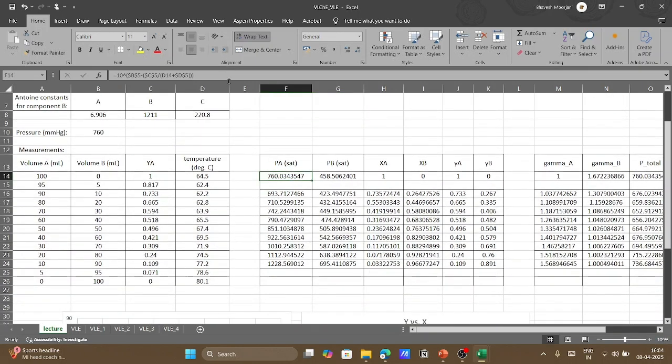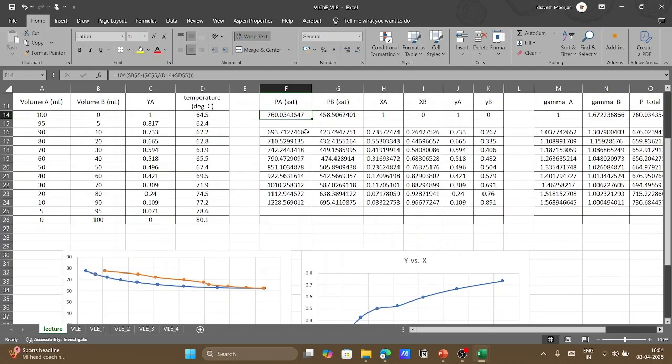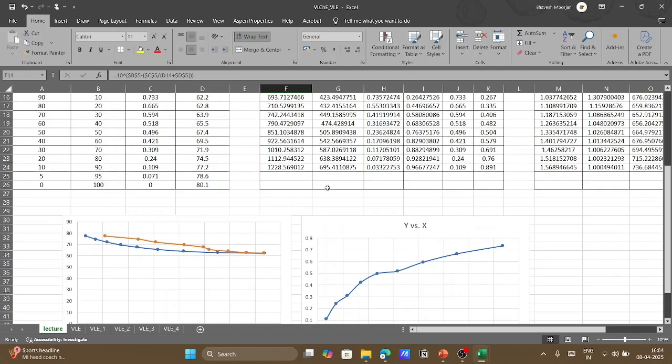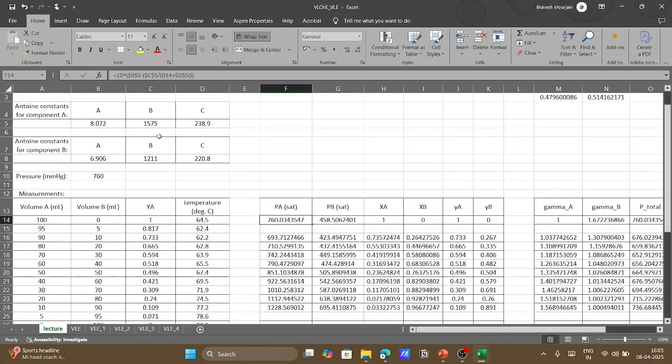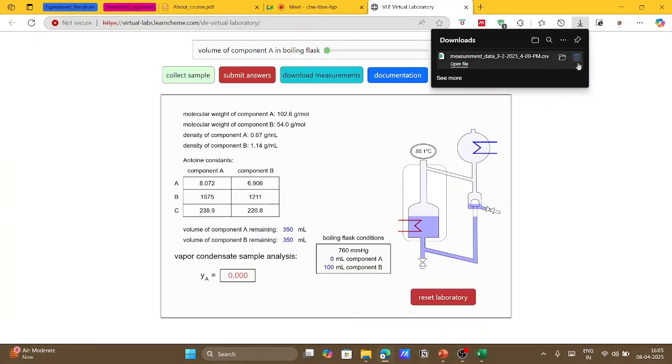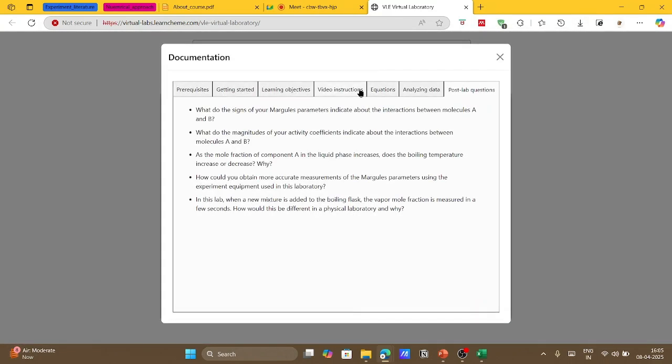First, just from the experiment itself, we would like to plot the YX diagram and the TXY diagram, since it's a constant pressure experiment, right? So we know the Y value, but we don't know the corresponding X value. So how to compute that? That we will compute from the data that we have. So we know the initial composition for our components, right? If you see here in the documentation,